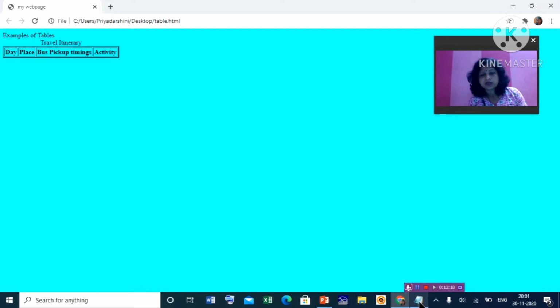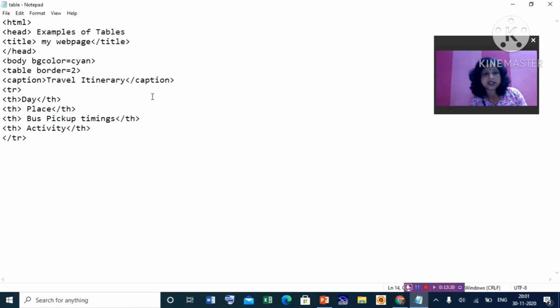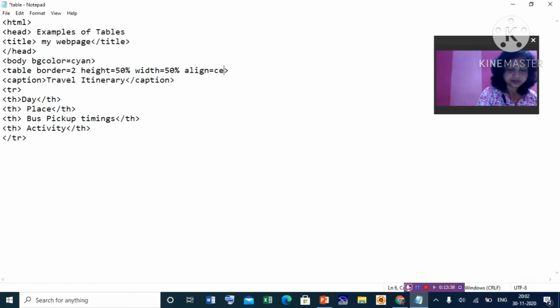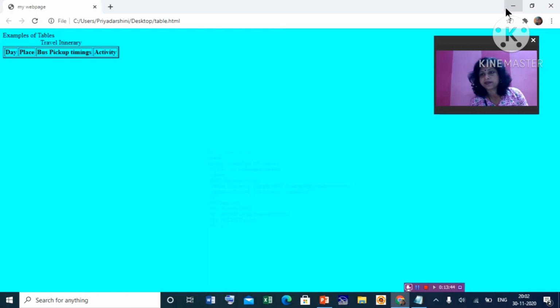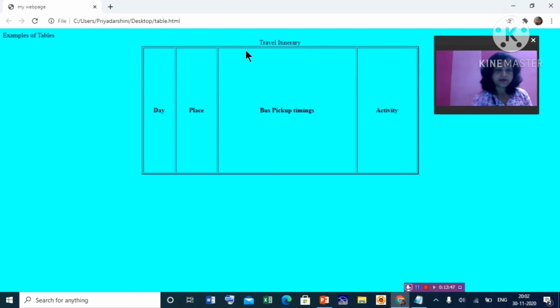There is an option to increase the size of the table so that it looks big. Let us set the height, which you can give in percentage. Alignment means where you want to place the table. This is your table, first row.